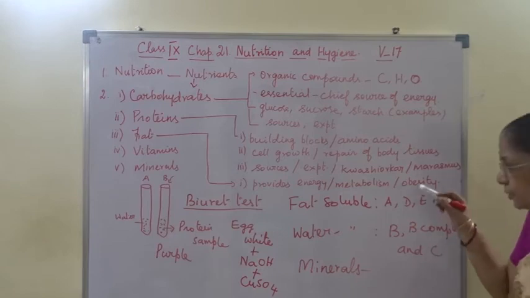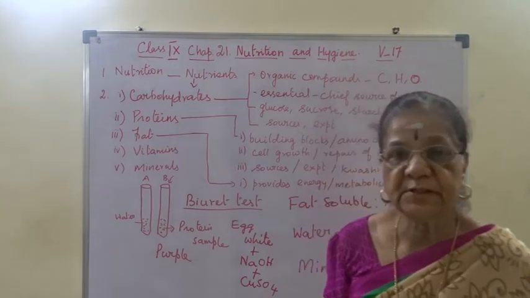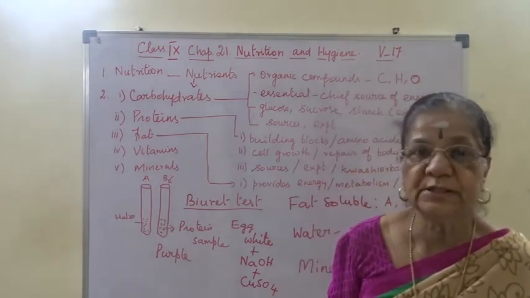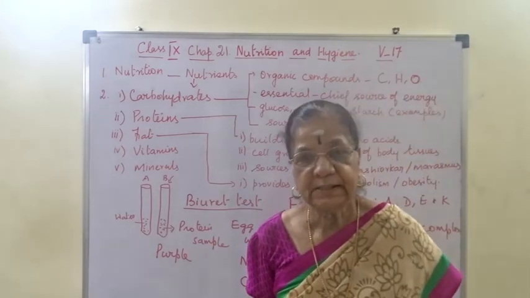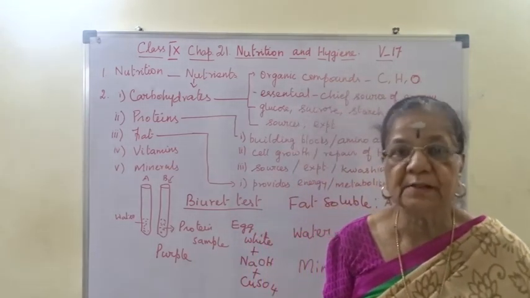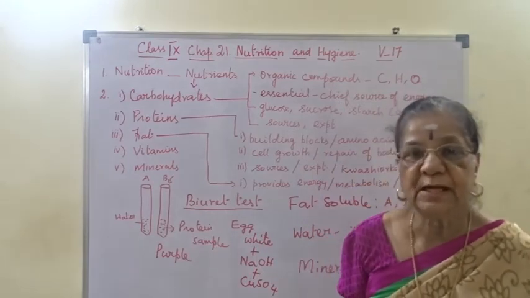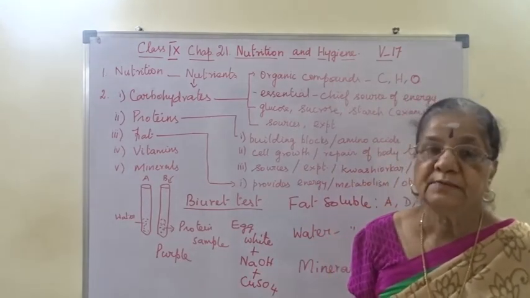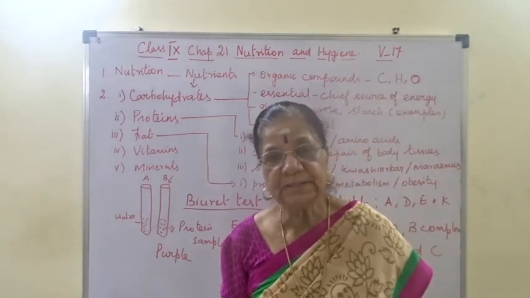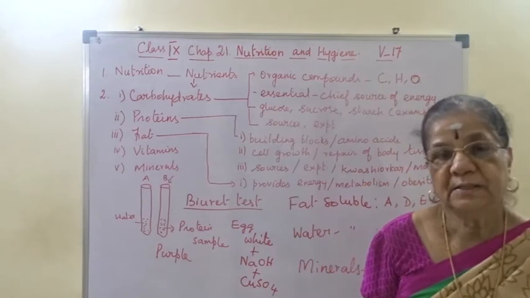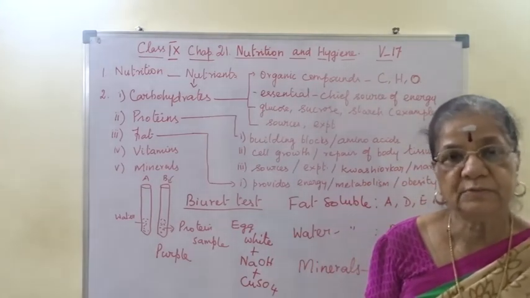Right? Then why do we say fat soluble vitamin? Vitamins, after synthesis during digestion, are absorbed by fatty substances. That is how those vitamins can be taken in. So they are fat soluble vitamins. Whereas water soluble vitamins, vitamin B complex and C, are soluble in water itself. So they are water soluble vitamins.